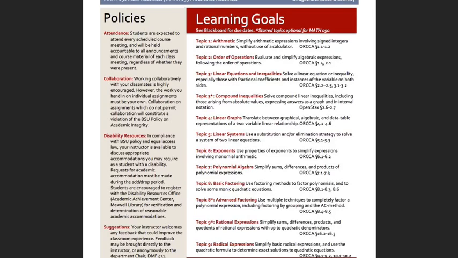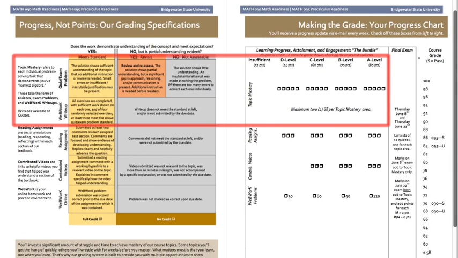The idea is that there are 12 topics here, and so among those 12 topics for this semester, you'll have an opportunity in a variety of ways to demonstrate your mastery of those topics, and you're expected to demonstrate mastery on enough of them that you're able to check off enough of these what are called topic mastery boxes on your grade sheet. So how this works is when you complete a quiz in the class,